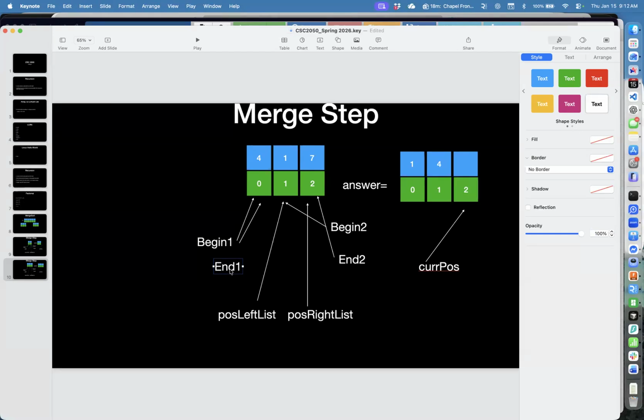I'll give you a hint. Begin 2, that's the tricky one. Begin 2 is the one that you need to pay attention to your math. Because begin 2 is not the length divided by 2, or the length divided by 2 plus 1, depending on how you divide your lists. If you make the left half the bigger half or the right half the bigger half, it's not that. That's not the math. So it's not length divided by 2, because that will give you the middle